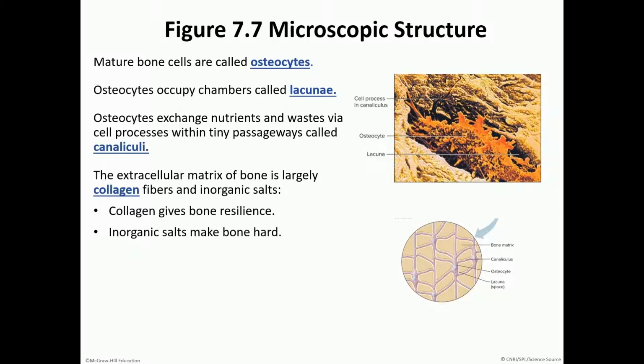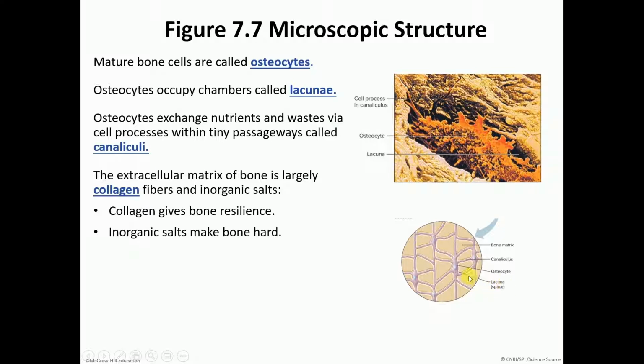Because the calcium and collagen are very strong and can kind of suffocate the osteocyte, the osteocytes technically protect themselves by housing themselves in these little spaces that we've termed as